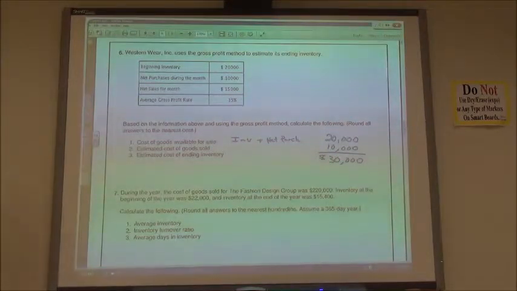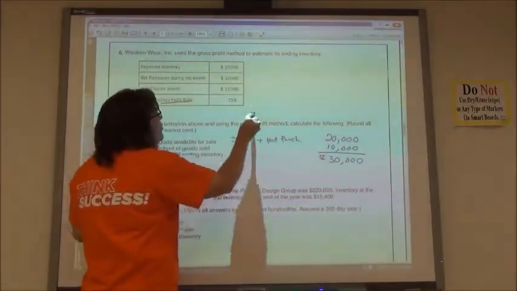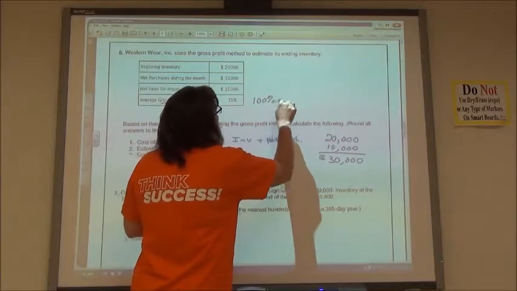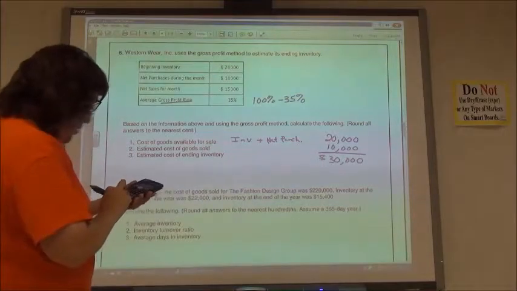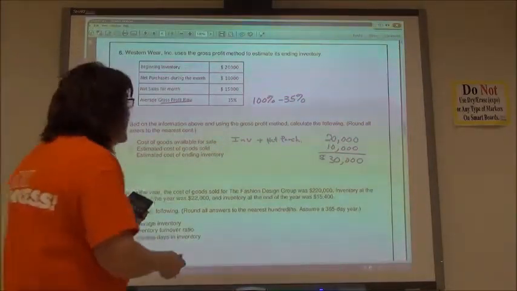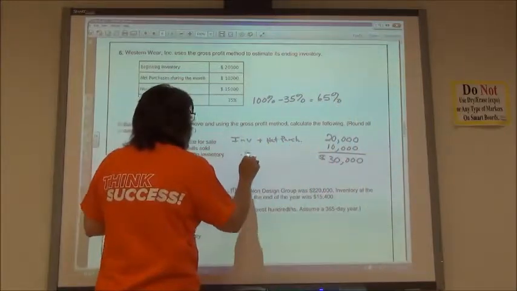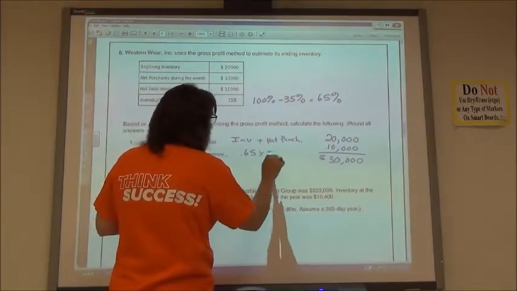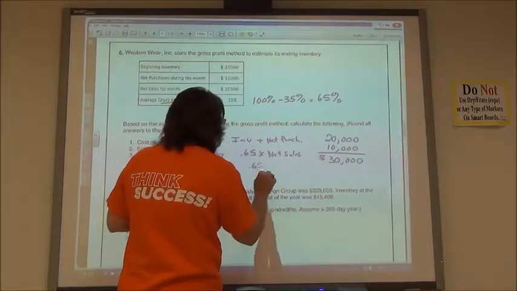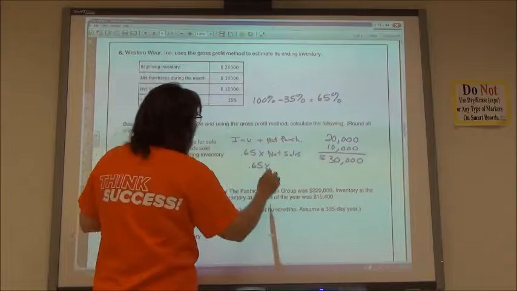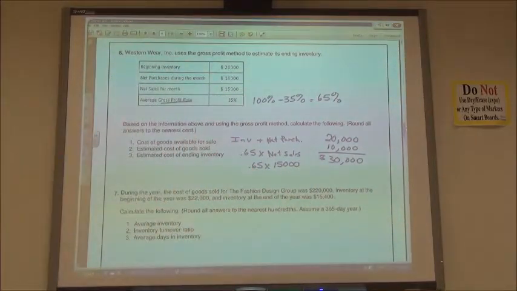We then want to estimate the cost of the goods sold, so we are going to take the gross profit rate and find its complement. So if we subtract off our profit of 35%, 100 minus 35 gives me 65%. And so we're going to take 65% times our net sales. So 65% of what we sold, $15,000 worth. And so our estimated cost there,